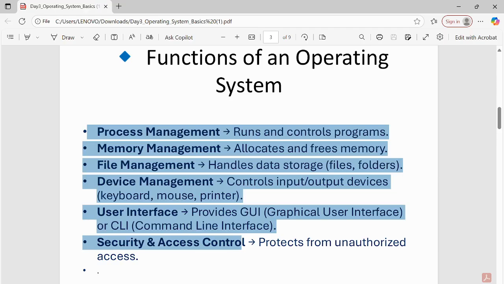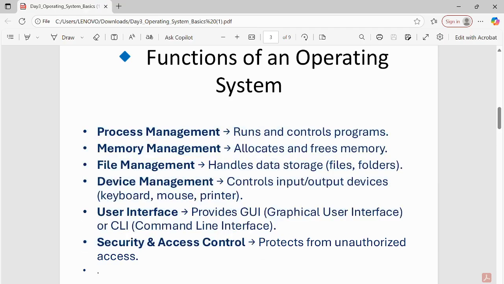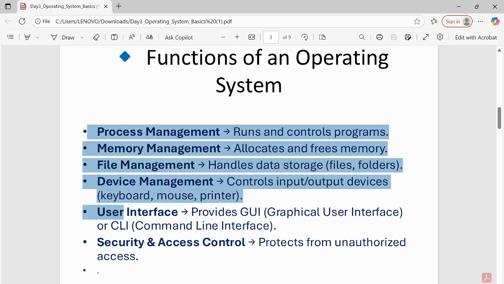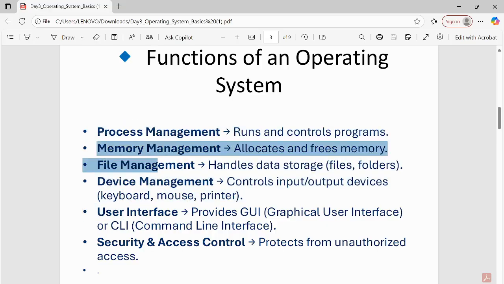You should keep it in mind: if someone asks what the functions of an operating system are, in a simple way you just explain all these points, like process management, memory management, file management. Okay,